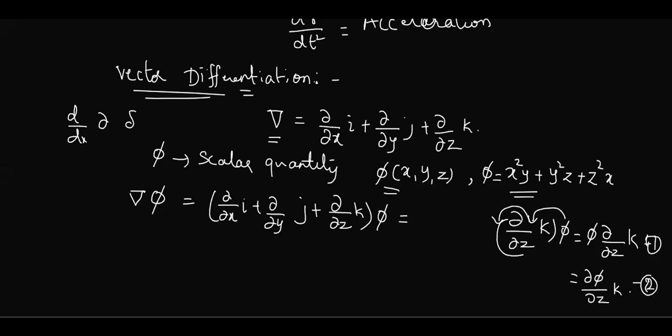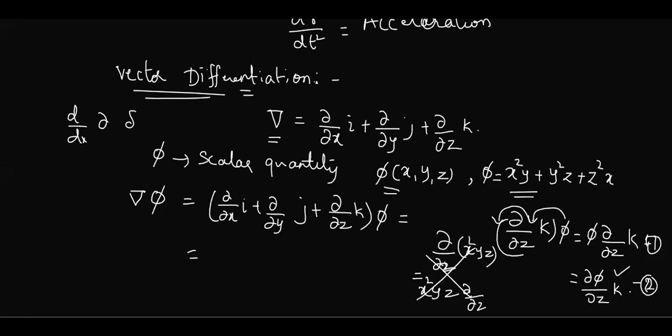Yes or no? What is the meaning if I now write dou by dou z of x square y z, suppose like this, or is it the same as if I write x square y dou by dou z? Are they both the same? No, obviously ma'am, no. That means phi is a function of x, y, z, so I cannot simply take it outside. I should write it in this format. Agree? So be careful. Why it is used and all, you should have that knowledge. Then the definitions will be more clear.